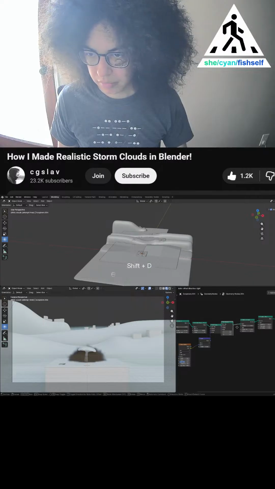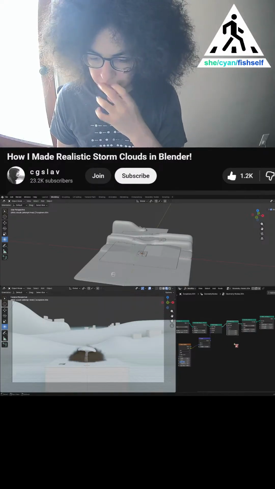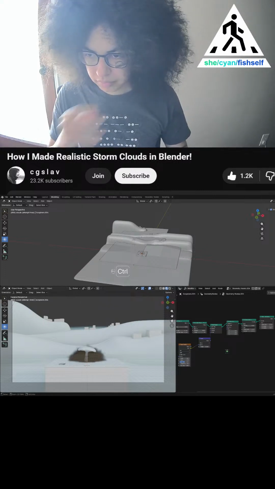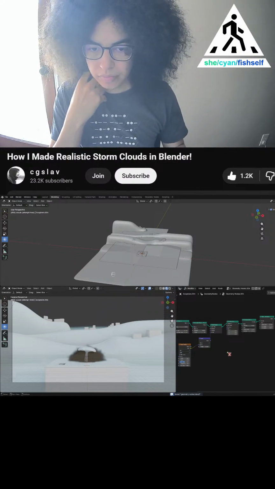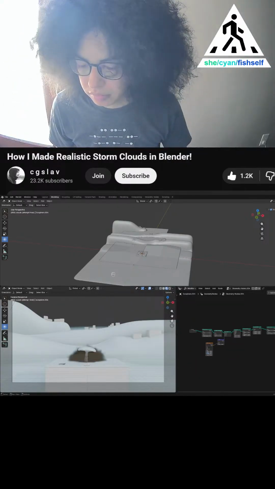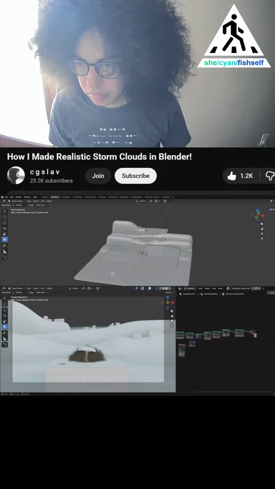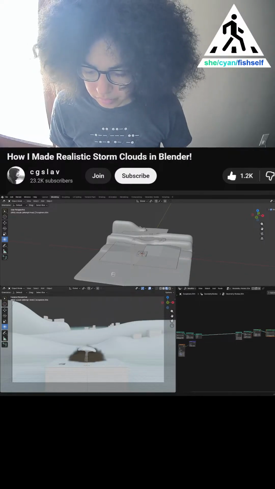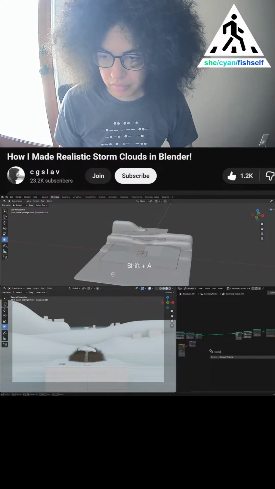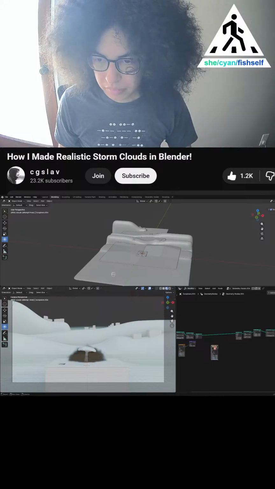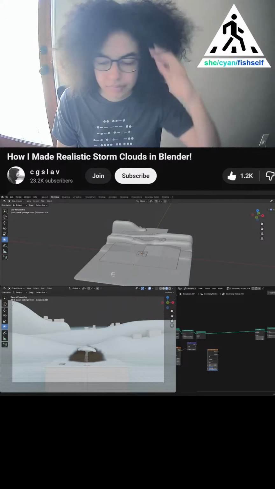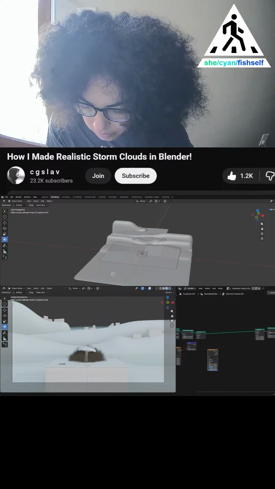Next, I'll add another set position node, just duplicating the previous one and placing it right after it. With this node, we can add even more variation to these points for a richer cloud effect. Here I'm going to use a noise texture and connect it to the